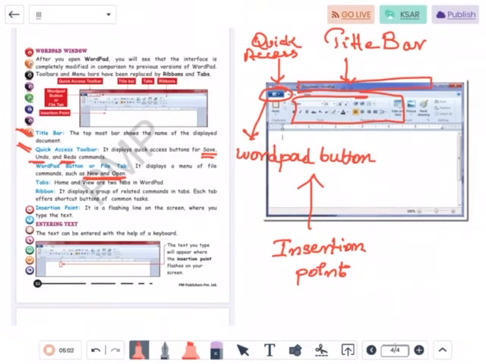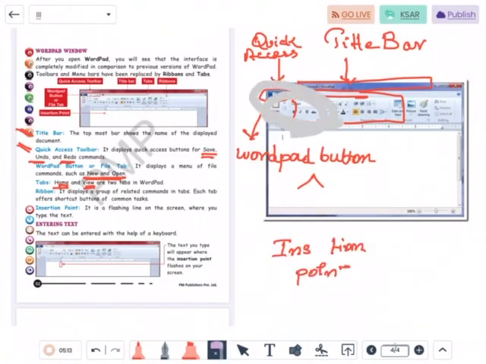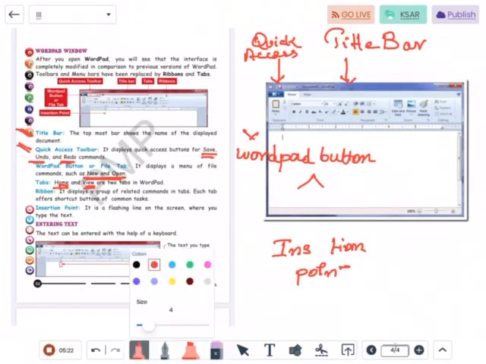Now, what are the two tabs in WordPad? Home and View. Home and View are the only two tabs that we can see.